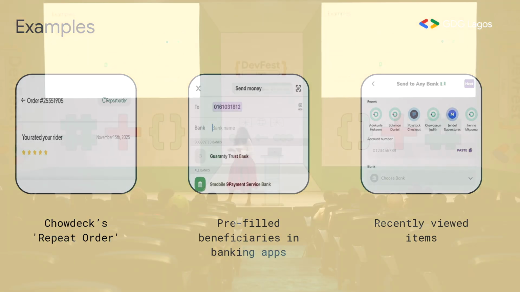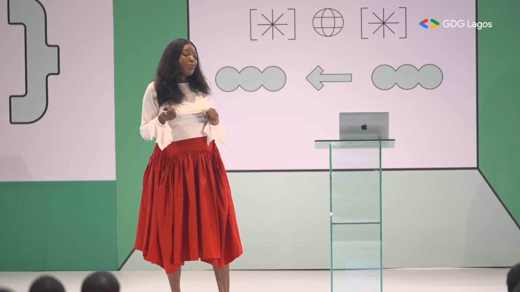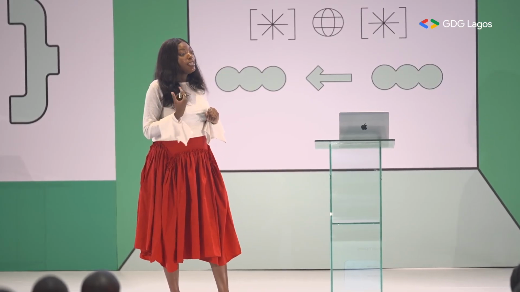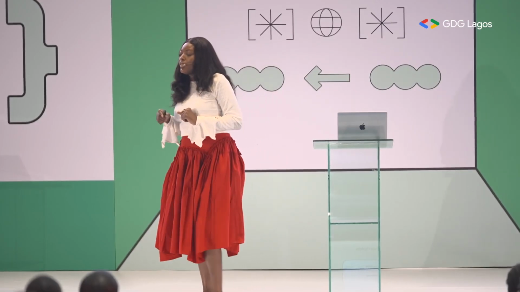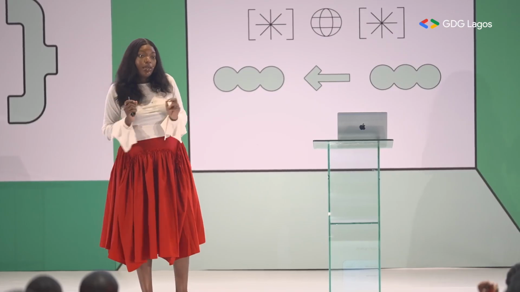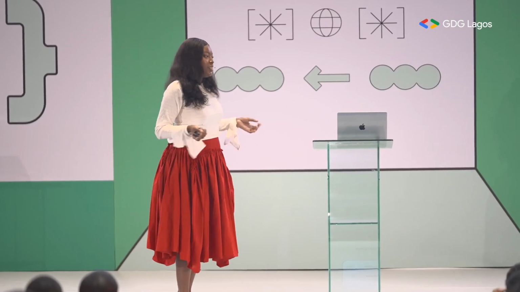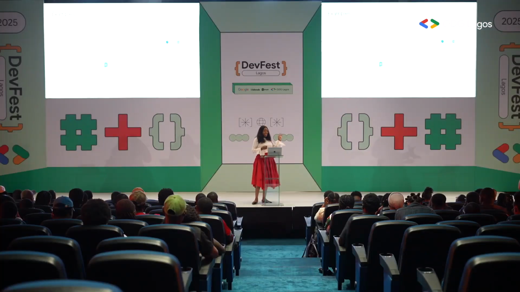The first one is Chowdeck's repeat order. I've said I'm a Chowdeck fan. One of the cool things about Chowdeck and the application of this principle is their repeat order, right? So if you're somebody like me that's a creature of habit, I do the same thing. I order from the same two places every day and I order the same thing. I don't change it. If they don't have it, my day is ruined. Chowdeck's repeat order is a very good example of